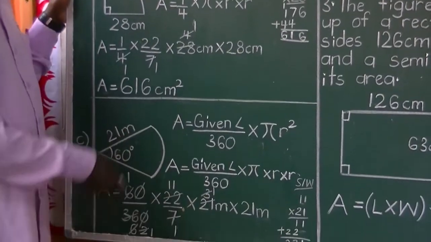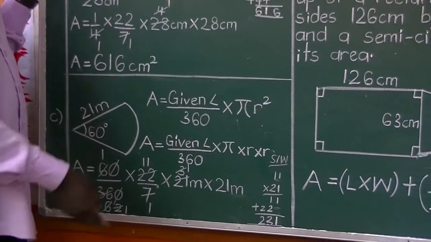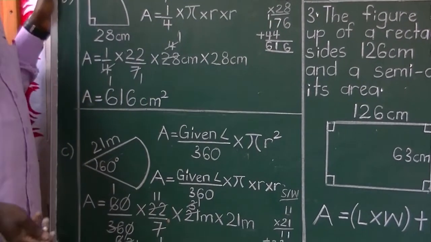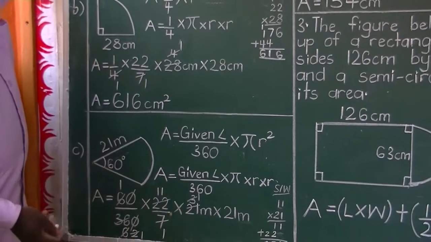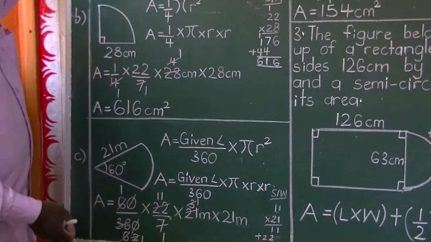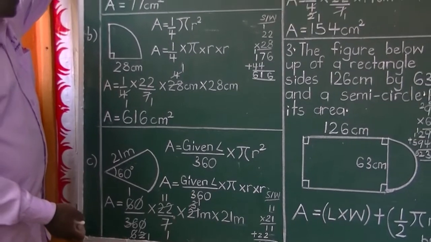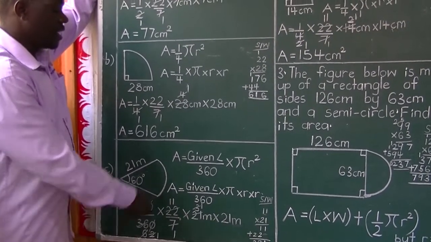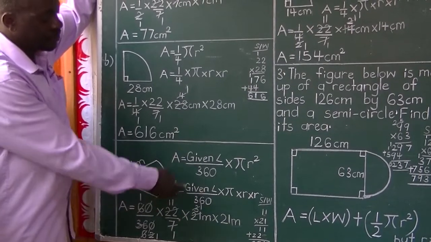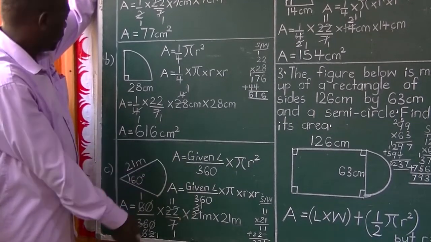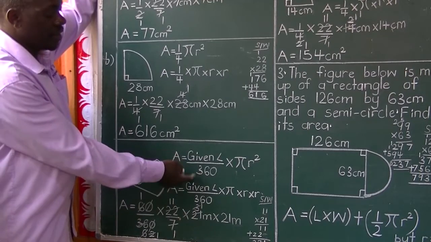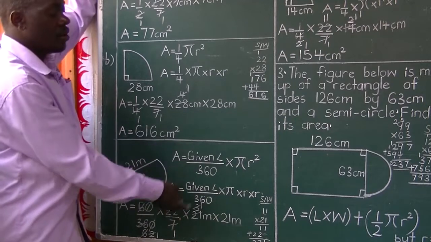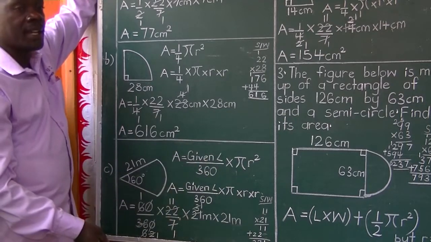This is a circle sector like these two are, only that these two have got names, that is a semicircle and a quadrant respectively. Now this one doesn't have a name, we just have to use the angle given. They will always give us the angle, that's why we say the area of any circle sector without a name is formed by use of this formula: given angle out of 360 times pi r squared.